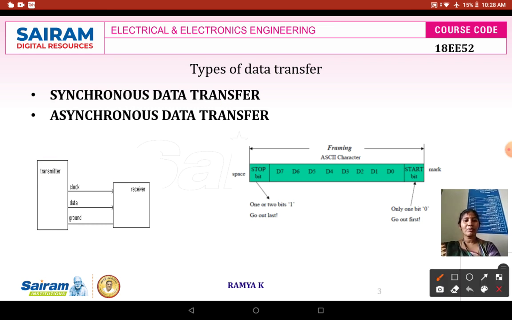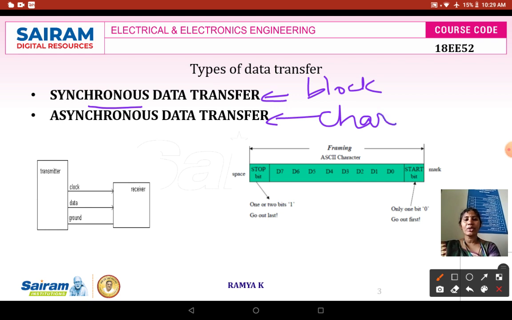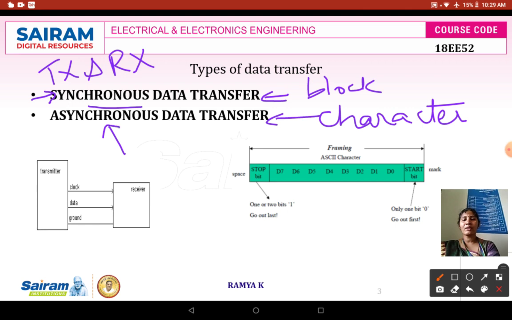One more time I will summarize the points on synchronous and asynchronous data transfer. Synchronous data transfer transmits a block of data, whereas asynchronous data transfer transmits only a single byte of data and hence it is called character oriented data transfer. From the name it is understood: synchronous means both transmitter and receiver operate at a common clock pulse. Whereas in asynchronous, the transmitter and receiver operate at different clock pulses, and therefore